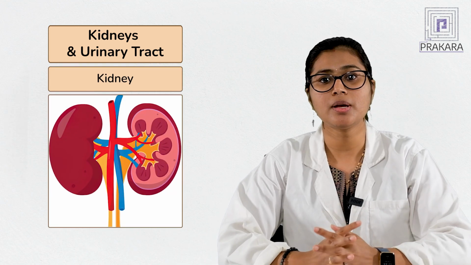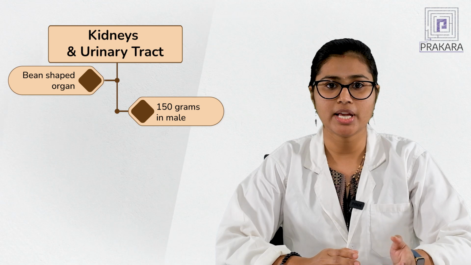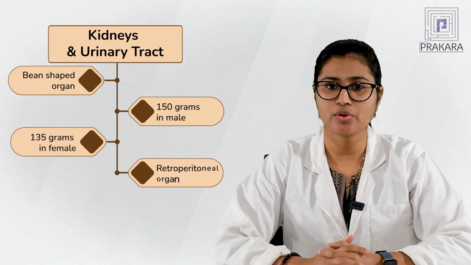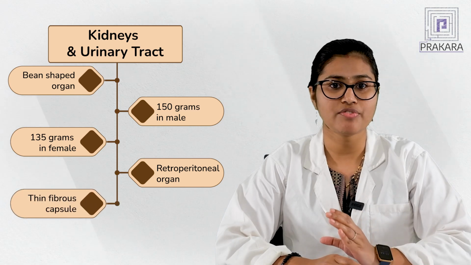We are going to discuss kidneys and urinary tract. Before going into the topics, we need to have a basic idea about the anatomy of the kidney. So kidney is a bean-shaped organ. It weighs about 150 grams in males and 135 grams in females. It is a retroperitoneal organ and covered by a thin fibrous capsule, and this capsule is adherent at